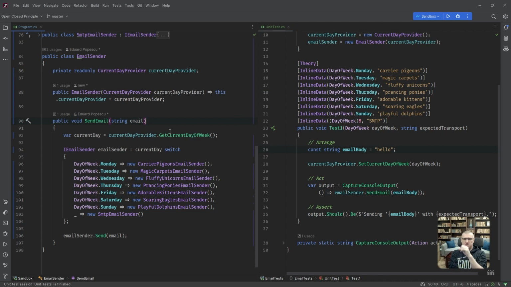What is this method doing now? It's calling a dependency to get the current day of the week. Then it does some low-level magic to determine, because of this day, I need to send email this way. And then it calls another dependency to send the actual email. Doesn't that seem odd to you?